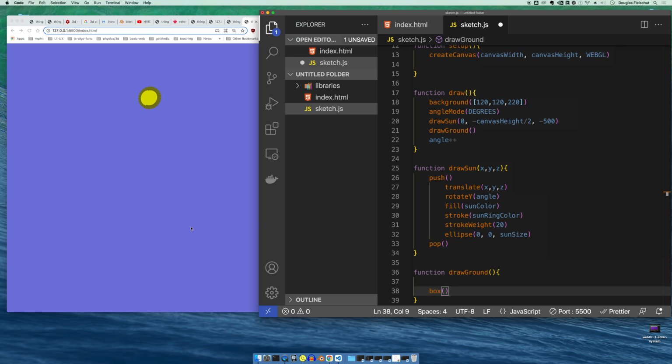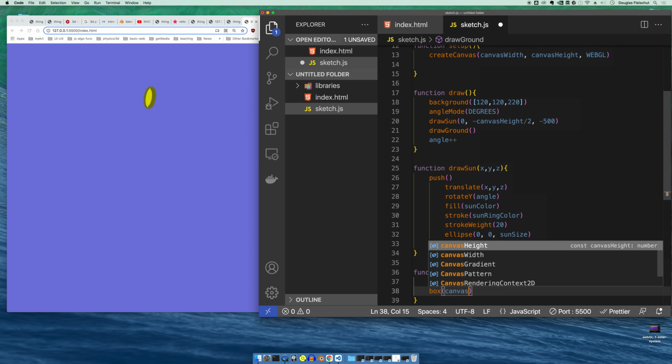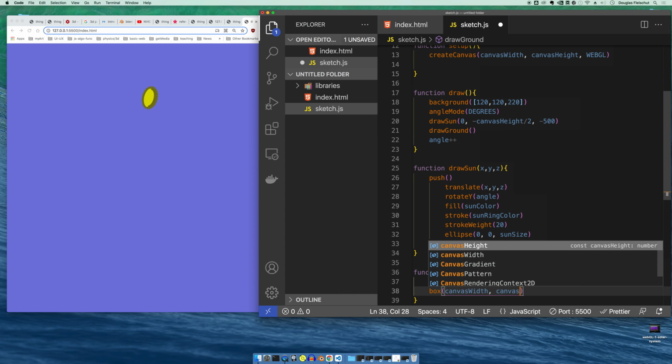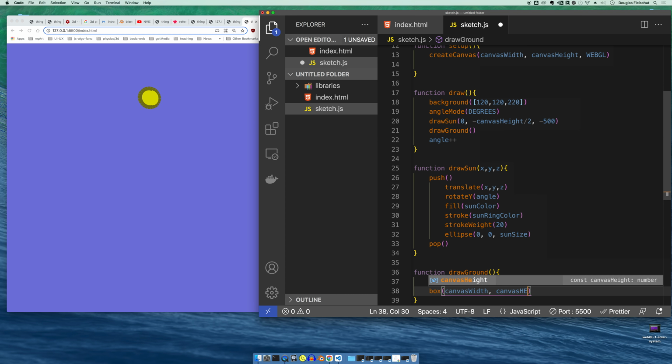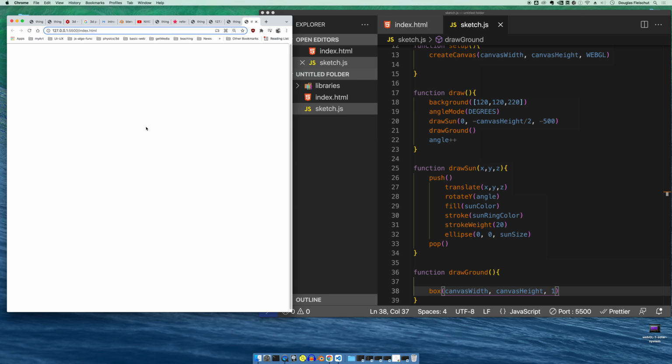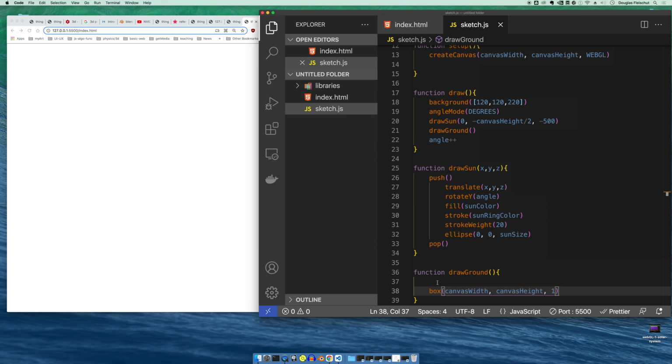And so this box, let's just go ahead and make it canvas width to start with. And we'll make it canvas height. And we can make it 1 if we want to. And you can see it's totally filling everything up. All I see is this white box. If I make this